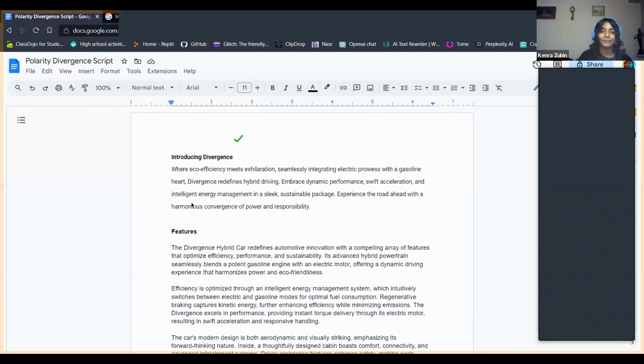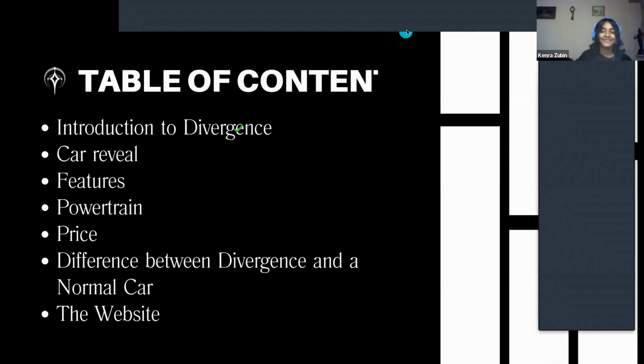Siddharth, we can see the screen. You're muted. Can you see when I switch the thing? Yes, we can.